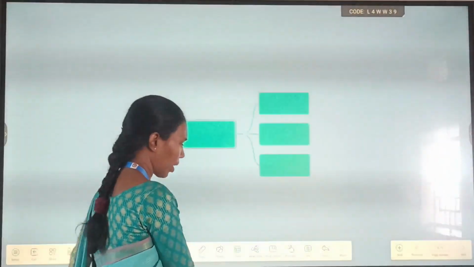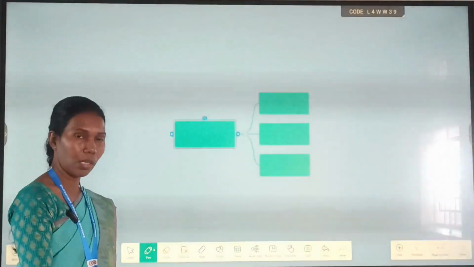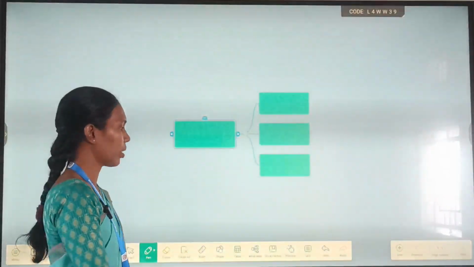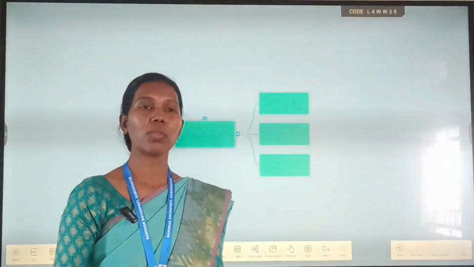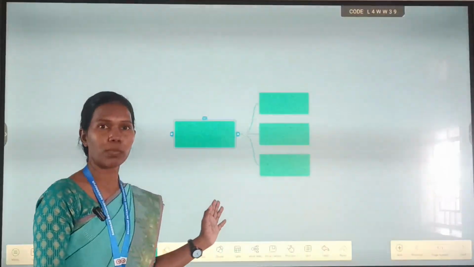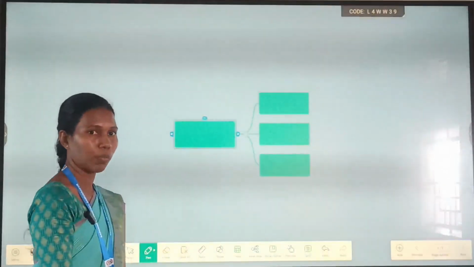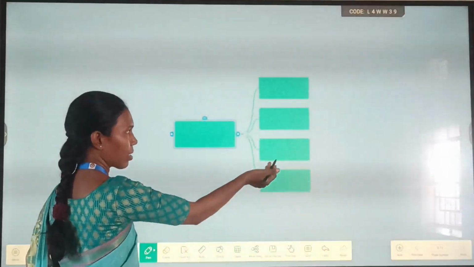Then the next new feature is the mind map. Now let's look at the benefit of this mind map tool. For example, if we teach social science as well as science, there is a need for a T diagram. By this mind map we give the students an idea of the T diagram. If you want to increase, there is an increase option.